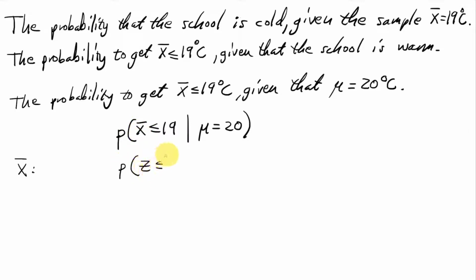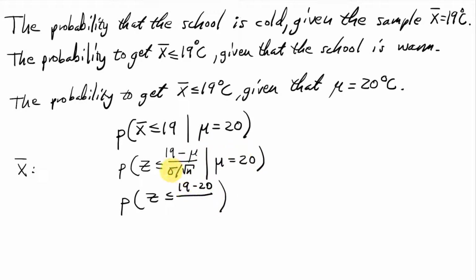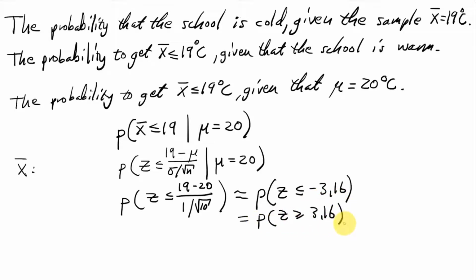Then we have that this is equal to 19 minus the expectation value, divided by the standard deviation divided by the square root of n, given that the expectation value is 20 degrees. Since it says here that it's given that it's 20 degrees, we can replace this with 20 here, and at the same time remove this part. And then we can also replace this by 1, since that was given, and this with the square root of 10. And this here is roughly equal to minus 3.16. And by symmetry we have that this is equal to this, which according to the probability table is equal to